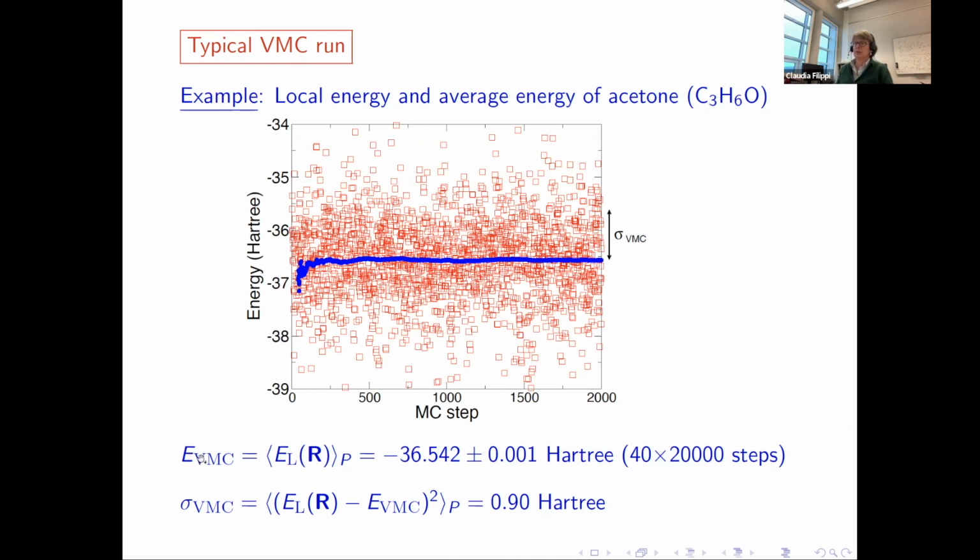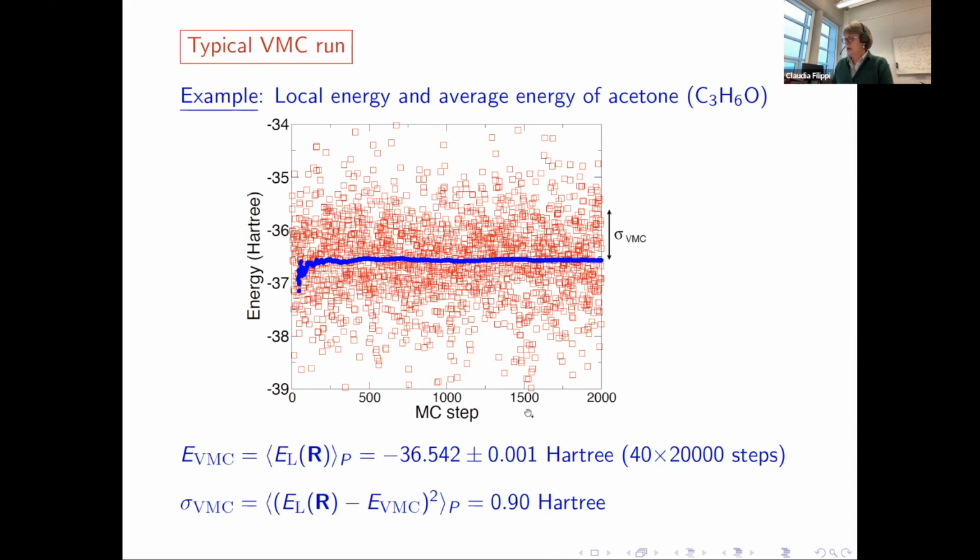Okay, but as you can see, both the energy and the local energy square fluctuation are computed in a Monte Carlo run, and your energy will always come with an error bar. So you've got to get used to it. It's not like density functional theory or quantum chemistry. You have an estimate of a quantity, and you have a corresponding error bar.